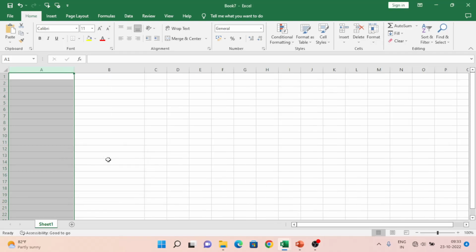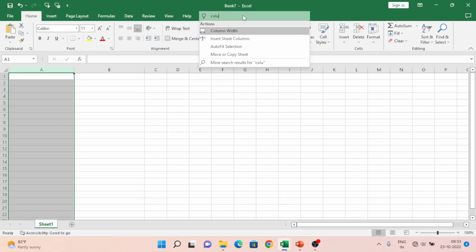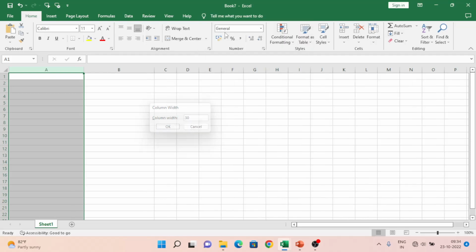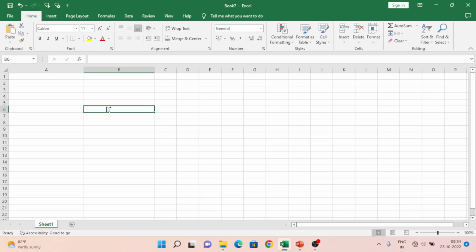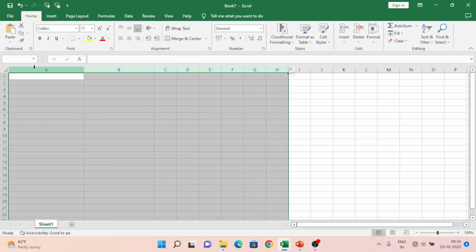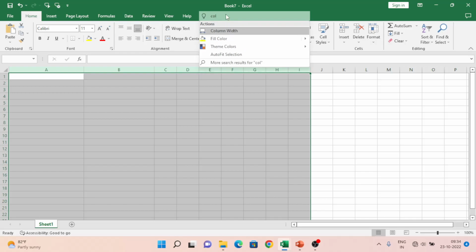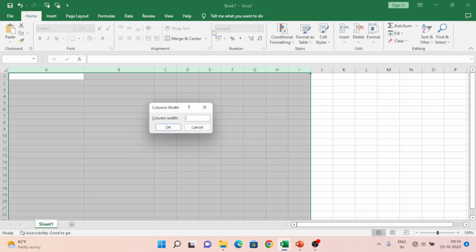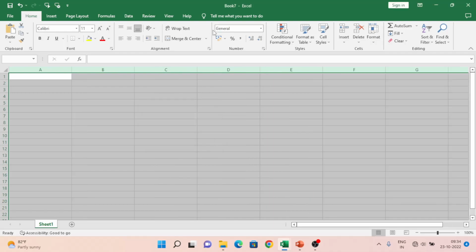We can type here, this is another way, or just select this column and put that column width. Okay, if you click on that, again you can enter it and the same changes will be applied. So this is how we can adjust the width of any of these columns, and we can select actually multiple cells, and we wanted to have a column width, so I'll just type column width, and here if I click here as a 25,